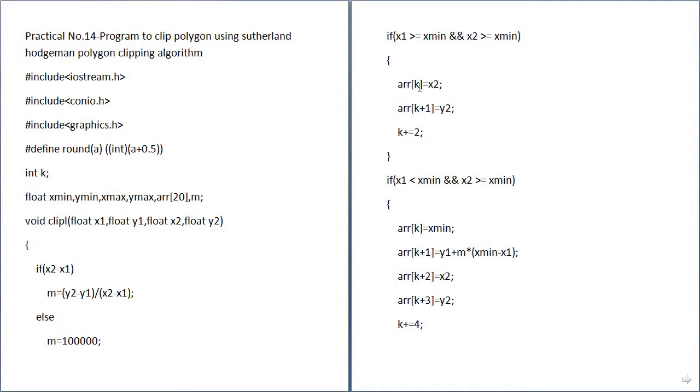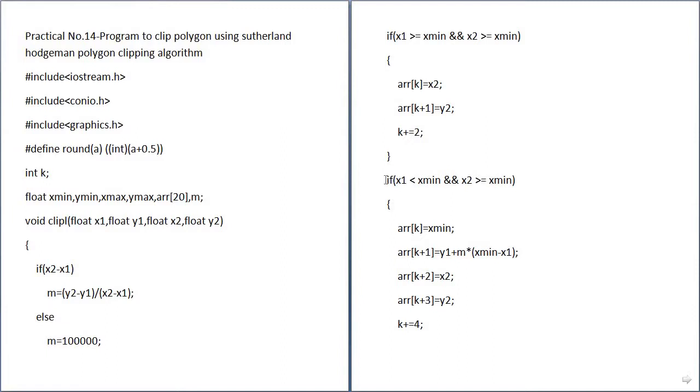Then array of k is equal to x2, and array of k plus 1 is equal to y2. This is x2 and y2. The first value is saved, and for the second point we have the intersection point calculated. Here we increment k by 2.